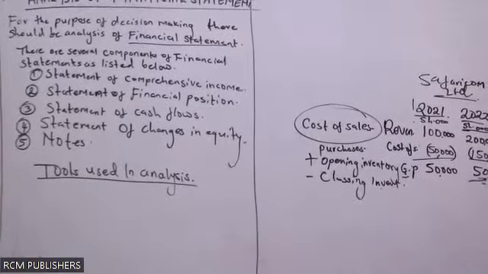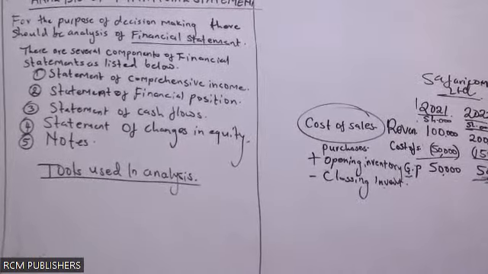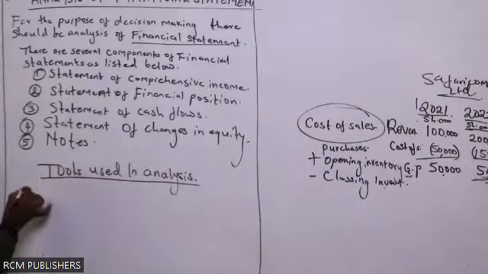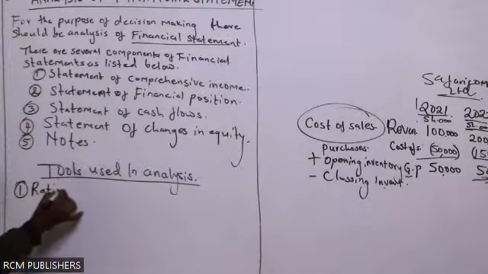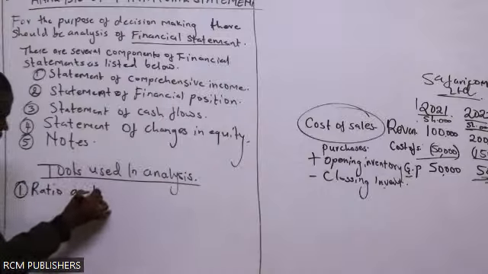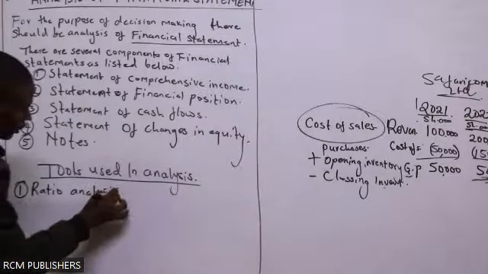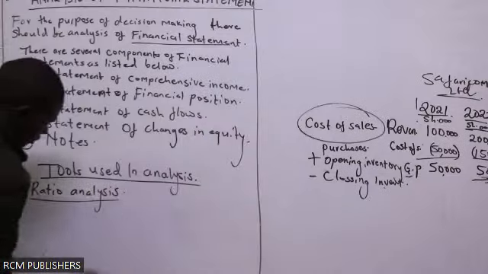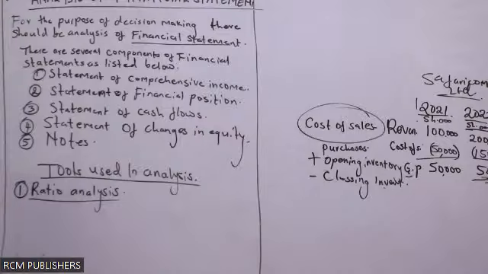So, tools used in analysis. We have one, ratio analysis. Hizi ni kama methods. Ratio analysis. So under these, you say that